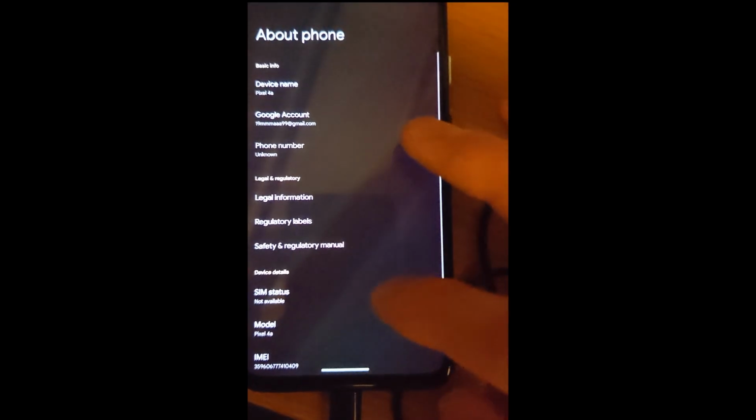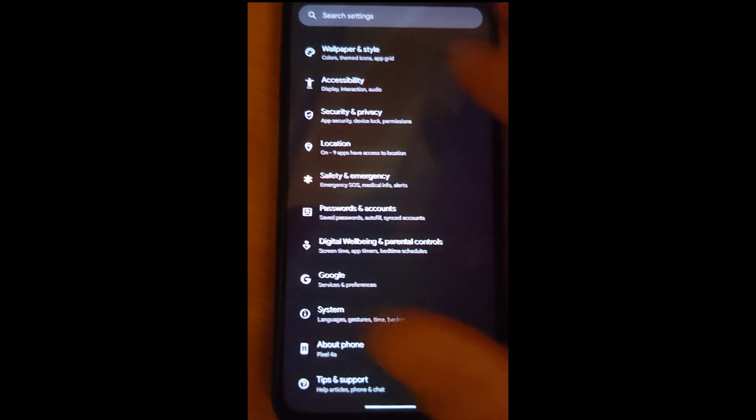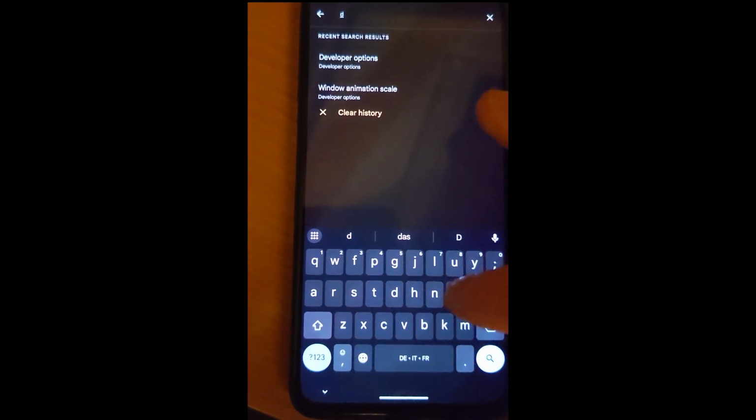First step, you go in the settings of your phone, then you scroll down to About Phone, and then you scroll down again to Build Number. Press it 7 times. It tells me no need, you are already developer, but if I wouldn't be, there would come a dialog to put my credentials and become developer. And now you see here, you tap in developer